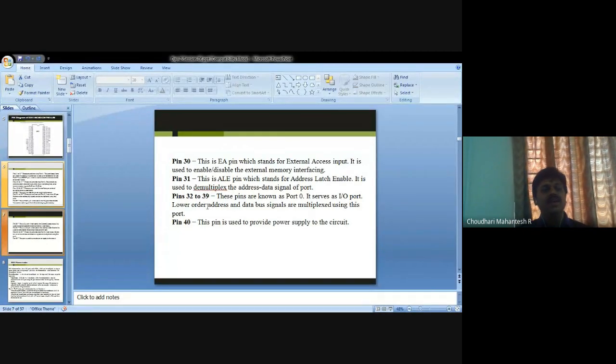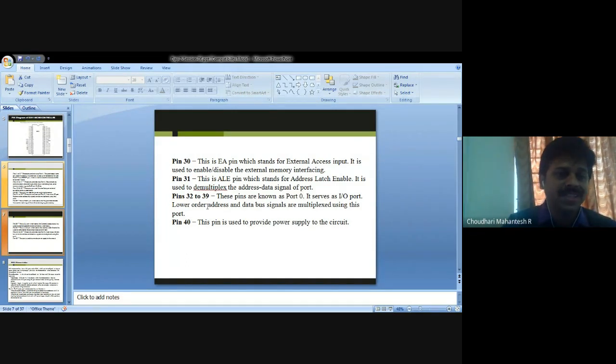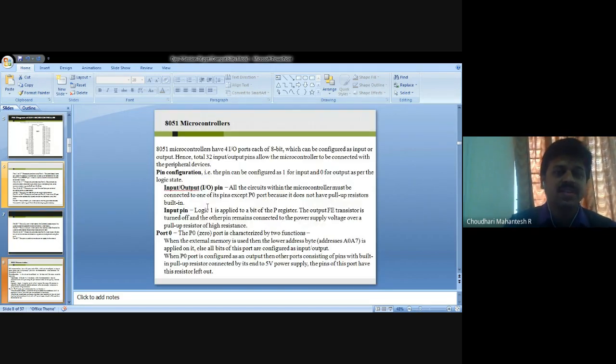We will be having analog pins, digital pins, and whatever external communications we are planning to make, again transmitter, receiver. So you are having different configurations, and the pins are used for specific applications.